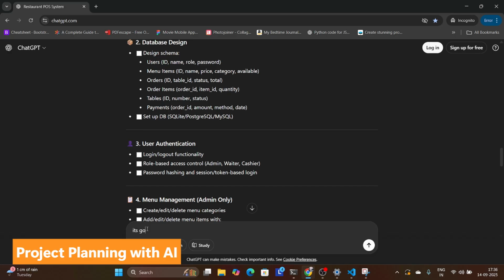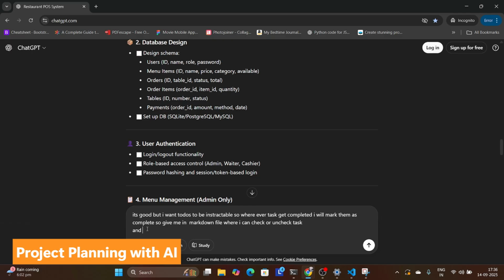It's good, but I want it to be interactable. So whenever tasks get completed, I will mark them as complete. So give me a markdown file where I can check or uncheck tasks and divide a task